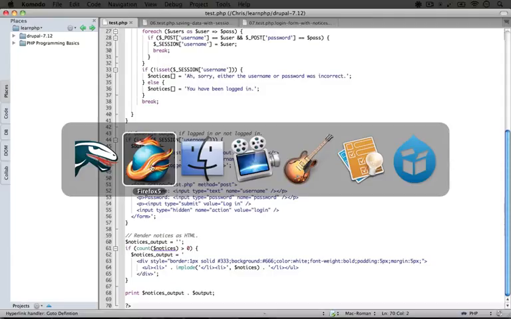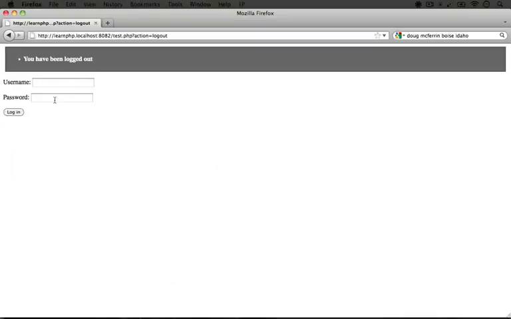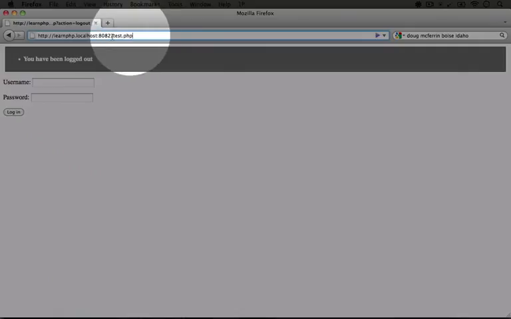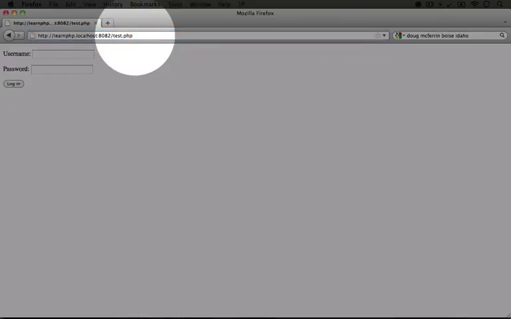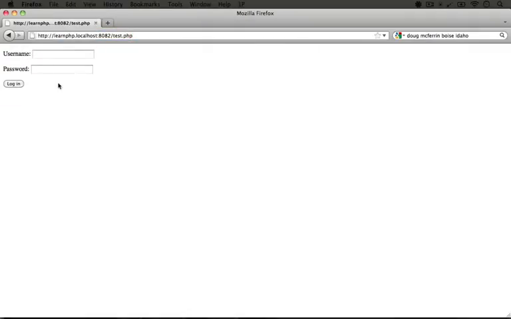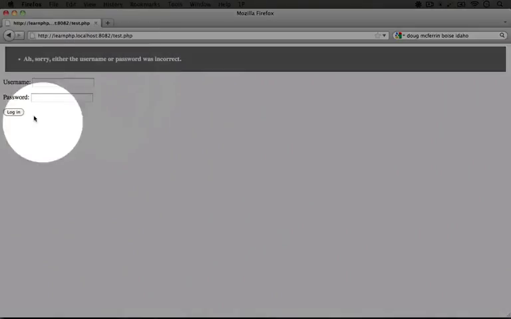Let's go ahead and go back to the browser and work through this up to this point. So I'm going to go ahead and remove this query string off of the end of test.php, and I'm going to hit enter in order to load up a fresh login form. And I'm going to go ahead and try to log in with some nonsense to duplicate what we just showed in the code. And I'm going to click login. So here was the result of that submission. We got our notice across the top, and we got our login form printed off again.